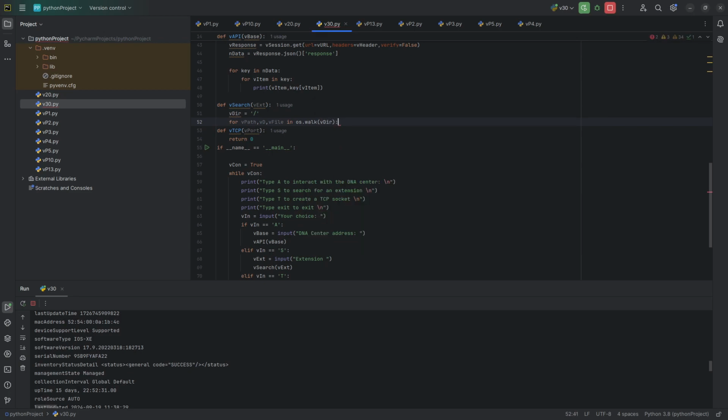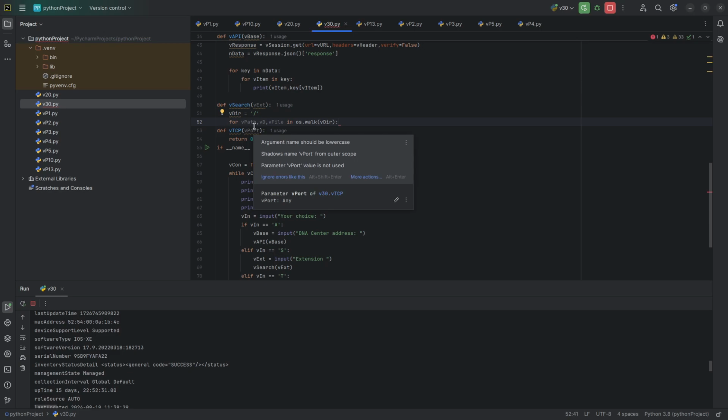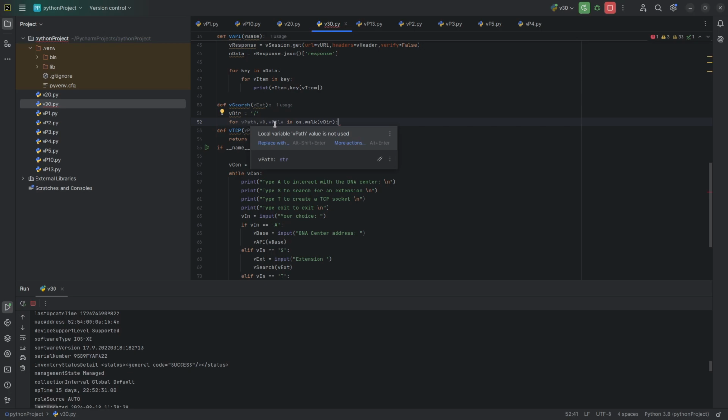And the way it works is that the outcome of os.walk, accompanied by this v_dir, which is the root directory, is that there will be 3 values returned. The one will be the parent path, then the directories and the file names. And for the purpose of this function, the v_file is the one that is significant for us,